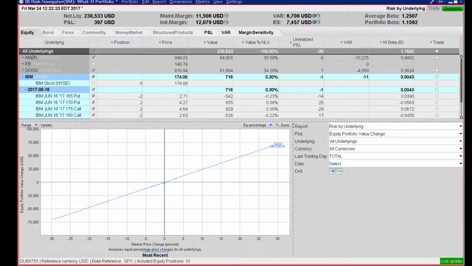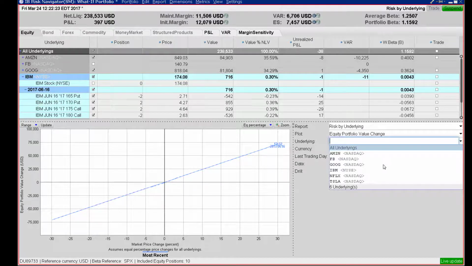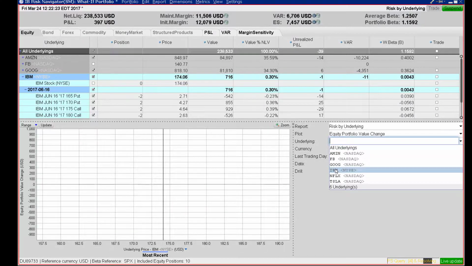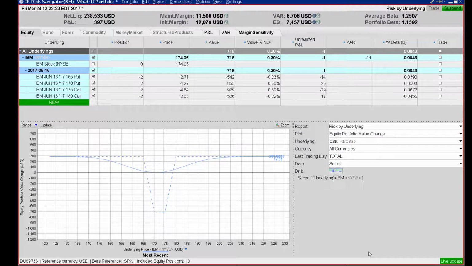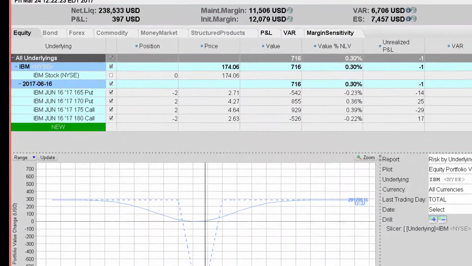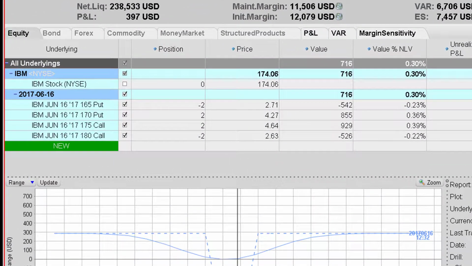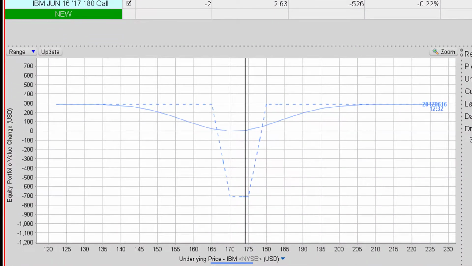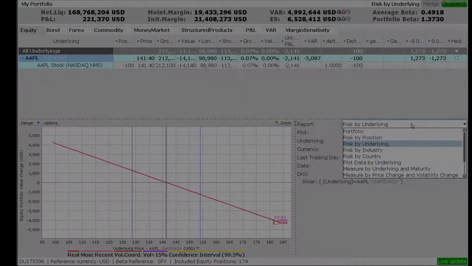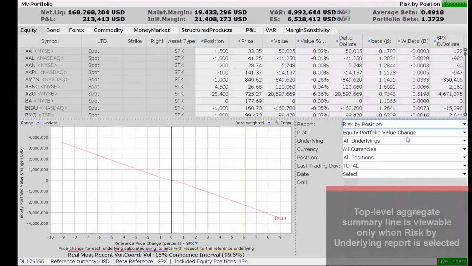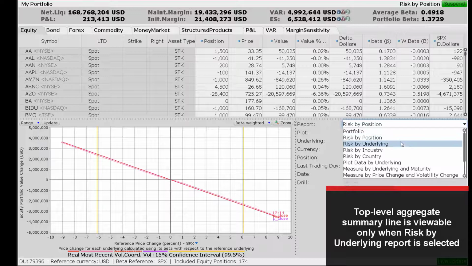For example, by selecting an underlying from the underlying drop-down menu. Use the drop-down arrow to drive the report's content or type in the field to restrict its content. Notice that the choice here drives what appears in the report and in the plot viewer. You should also be aware that you will only see an aggregate measure for all underlyings when the report viewer is set to